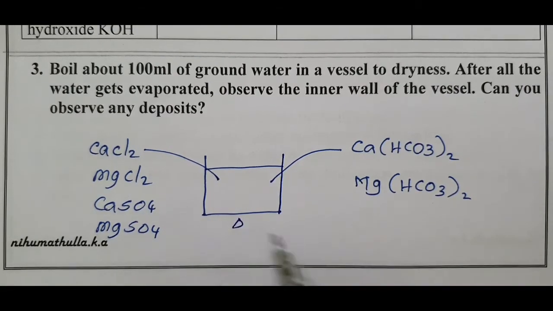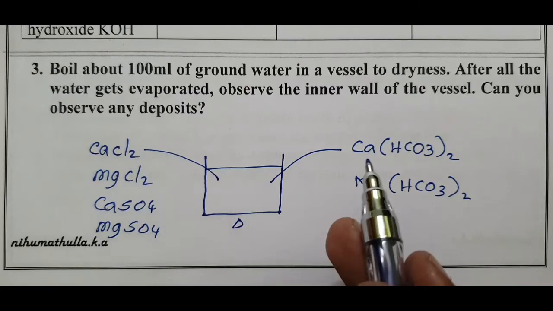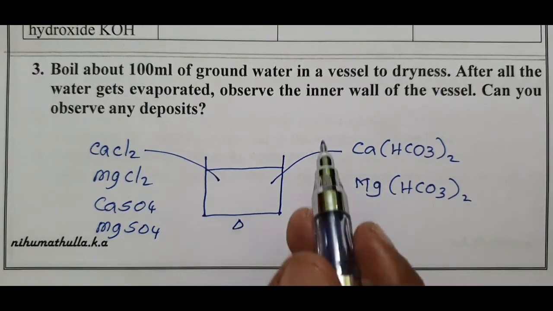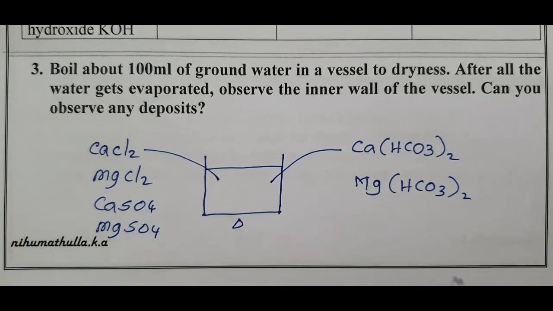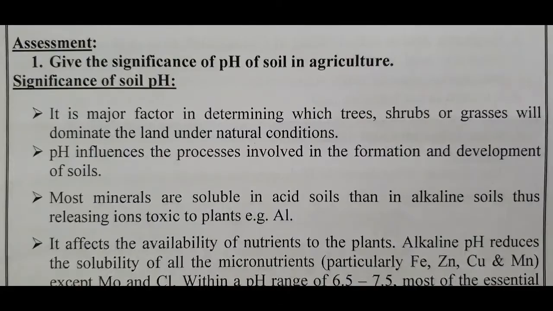On evaporation, when all the water molecules are converted into water vapor during boiling, a deposit of calcium 2+, magnesium 2+, bicarbonate, chloride and sulfate is left at the bottom of the vessel. So, if the water is hard water, the salts are deposited at the bottom.